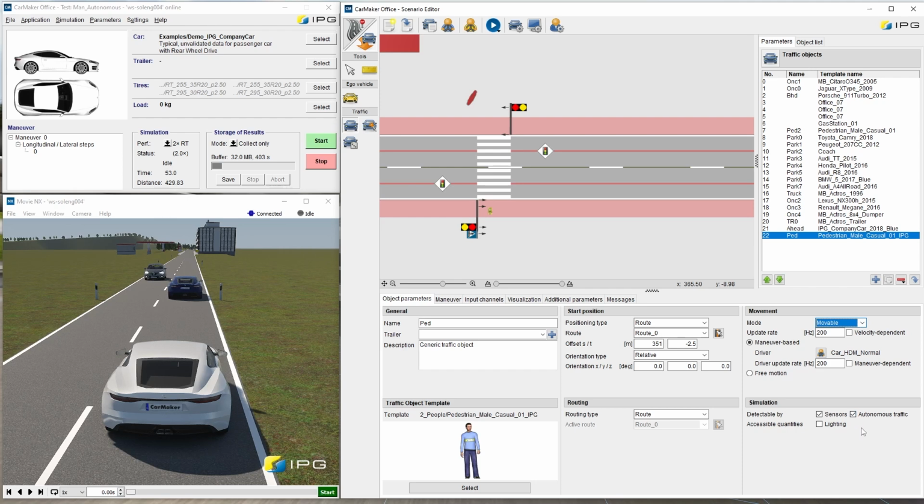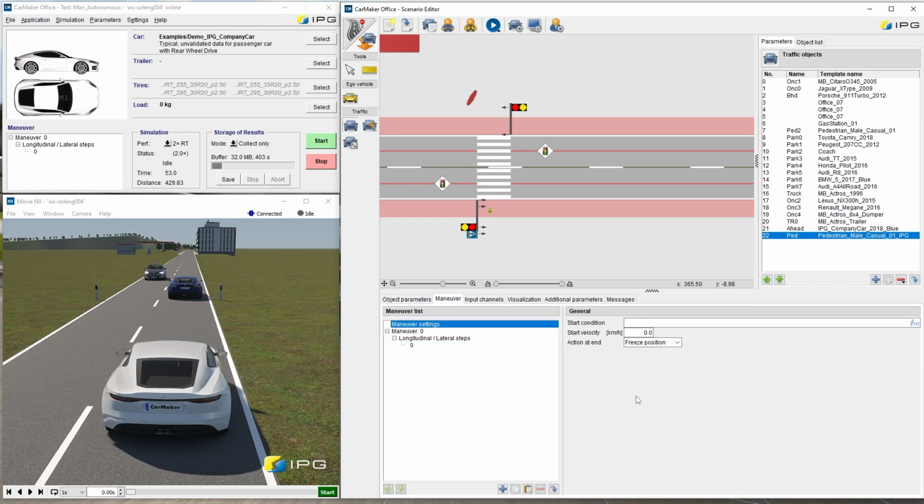The more important part is to set the maneuvers for the pedestrian. Normally all traffic objects move along the referenced position like lane, route or path. Here we want to move the pedestrian only along a lateral position. First we go into the maneuver settings and set the start condition.